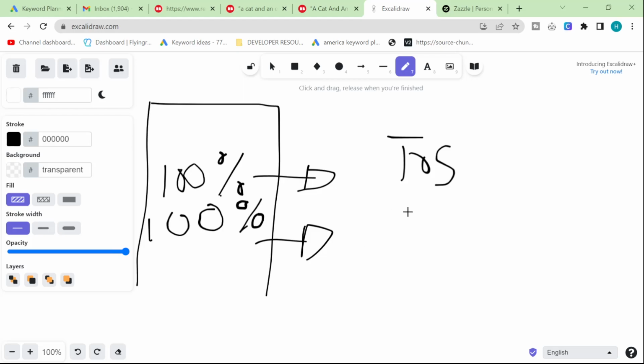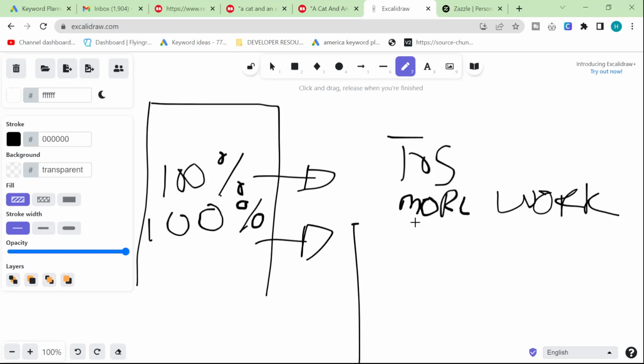It is more complicated. It's much more work than just uploading to Redbubble. My mouse is so bad. So it's more work, you're going to have to spend more time doing it, and it's more setup. But if you set up everything perfectly, and I would love to make videos about this,